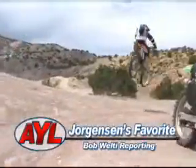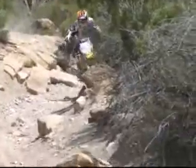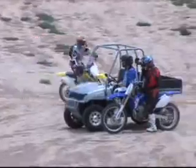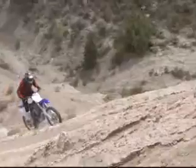This trail is kind of our favorite trail, and we don't want it known to everybody. What is it that sets one trail apart from another and turns it into our favorite? Is it something in the air, a technical spot, or is it just the experience you had on the first time? For Tracy Neilson and Camron Jorgensen, salesmen for Jorgensen Honda in Richfield, Utah, along with Brock Robinson, one of